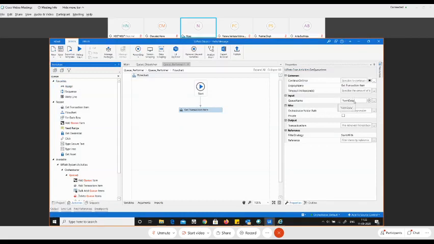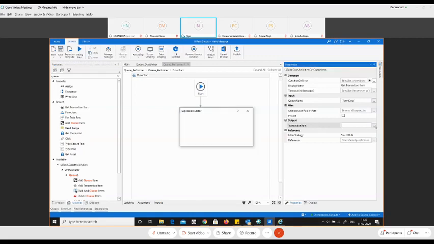Now this Get Transaction Item will first go and find the queue name, that is form data. If it is there, it is going to fetch the first item from there. Since it is going to fetch the first item, you have to store it in a transaction item variable.